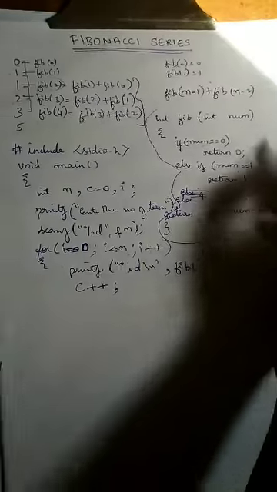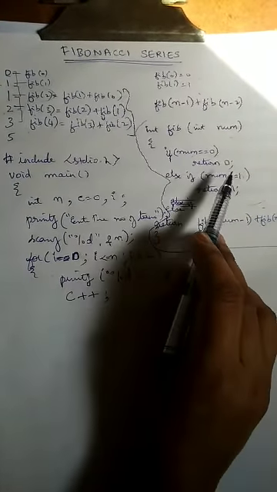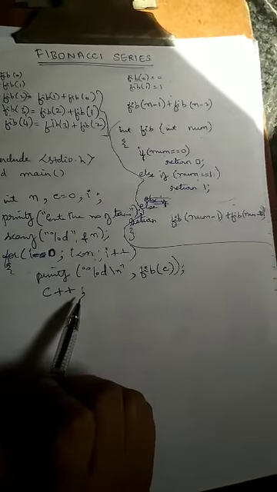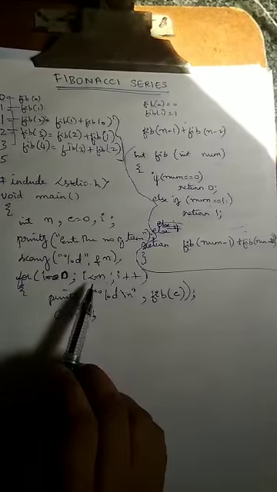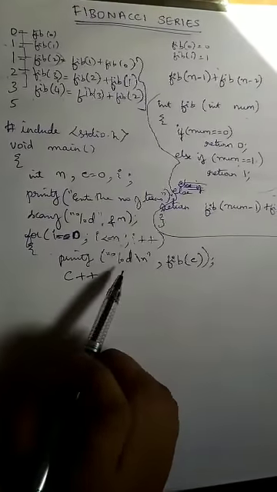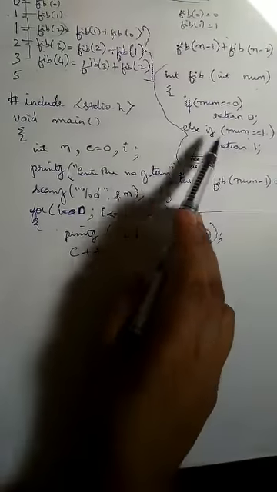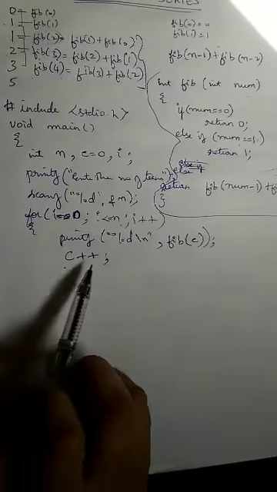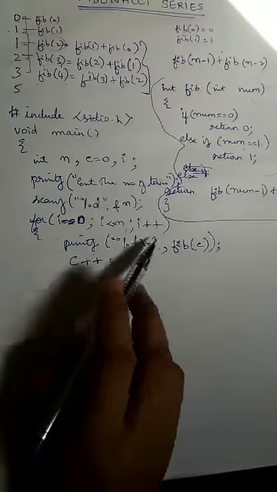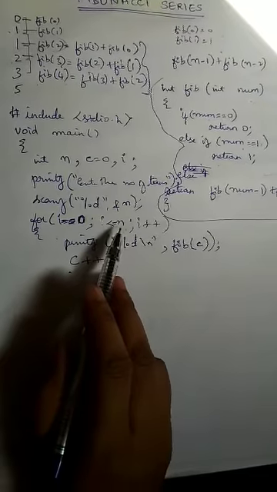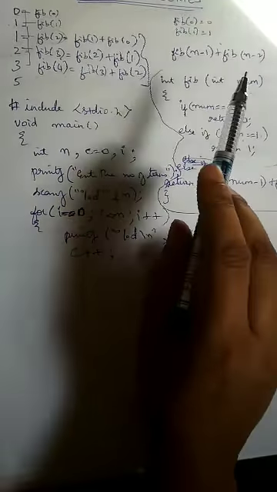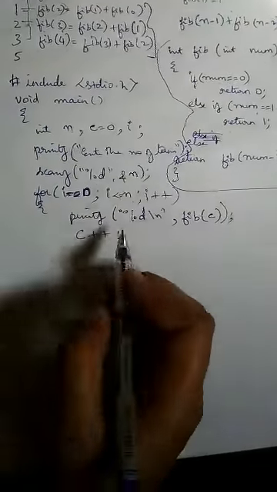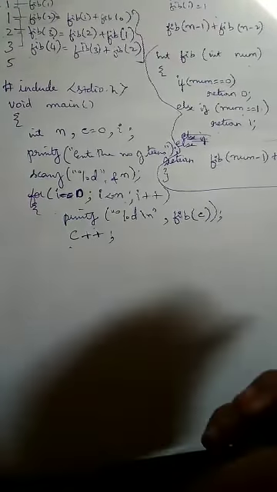So what happens when I send it to the call fib of 0, it is going to return 0. 0 will be printed. Next c will get incremented to 1. Same way next in the series also, it is less than that number of terms. So fib of 1 is nothing but it is going to return 1. So 1 will be printed. So c++ again, c will become 3. So 3 is less than 5 if I have taken. So again it will go to fib of 3 and it will calculate fib of 2 plus fib of 1. Okay, so in order to do that I can use this c.